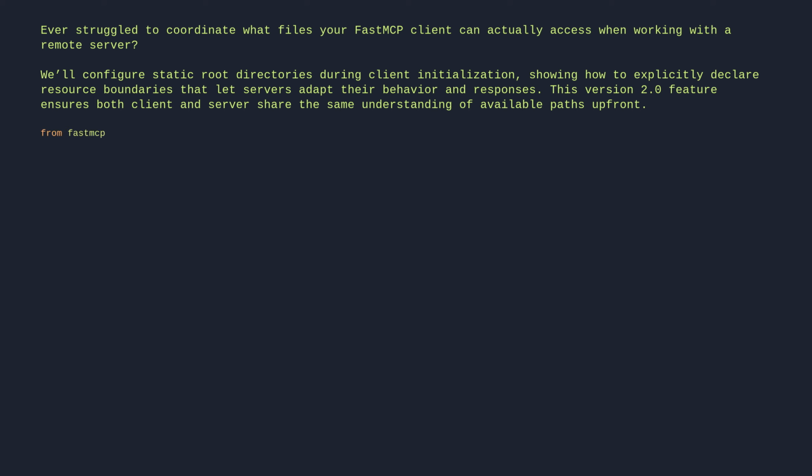from fastmcp import Client. client = Client("my_mcp_server.py", roots=["/path/to/root1", "/path/to/root2"])